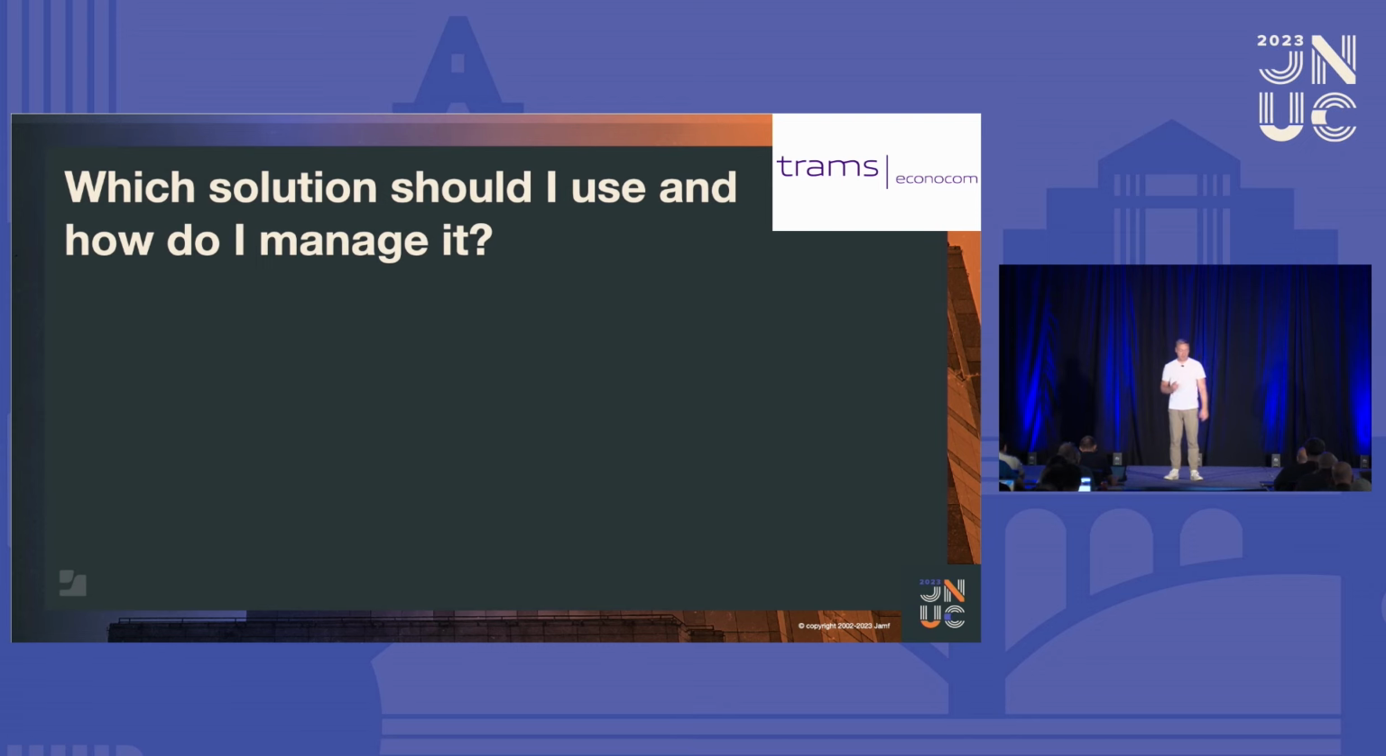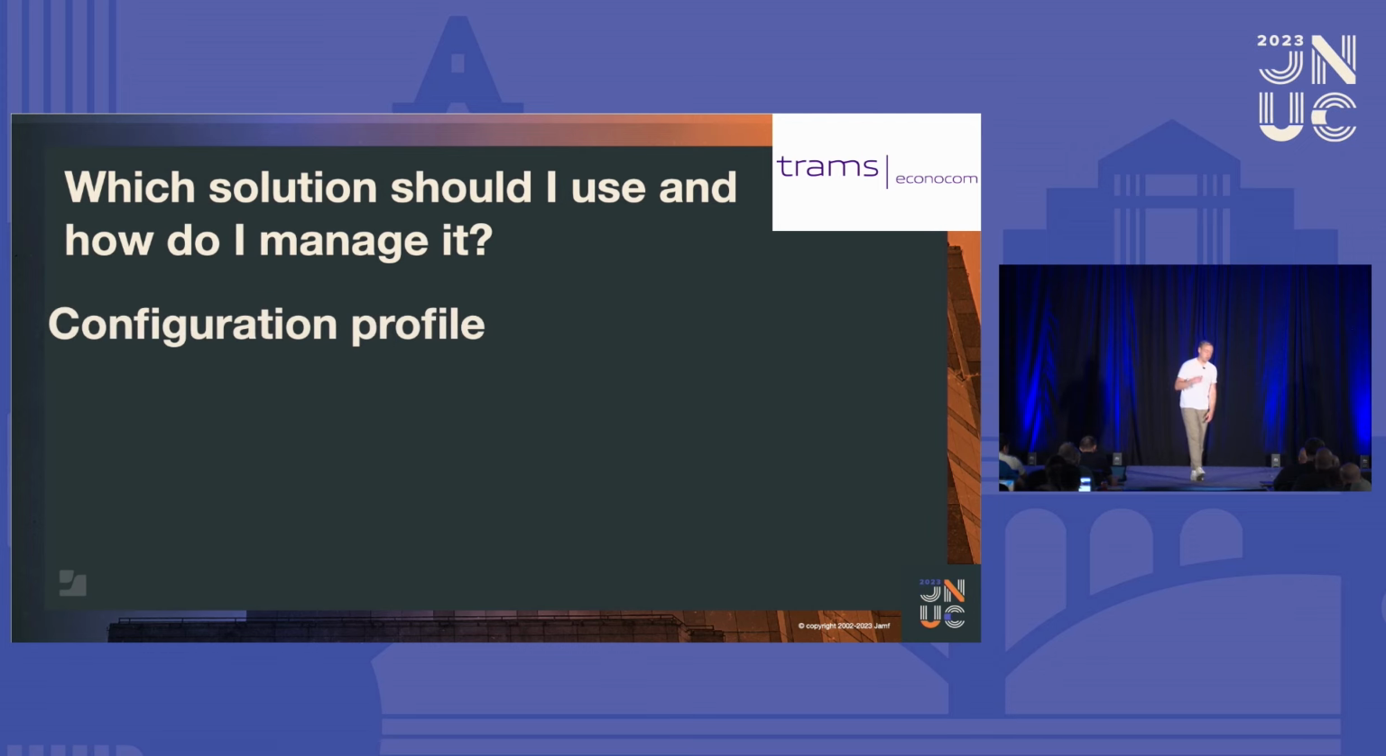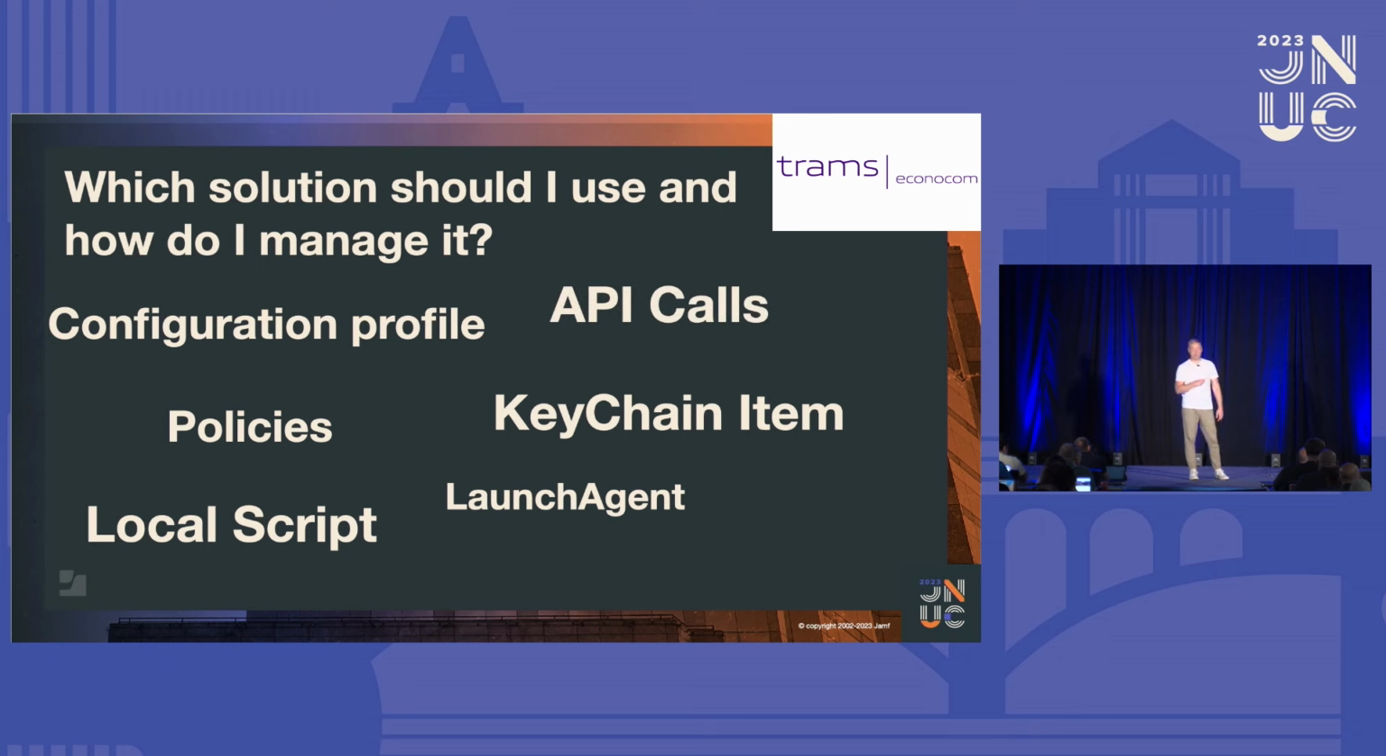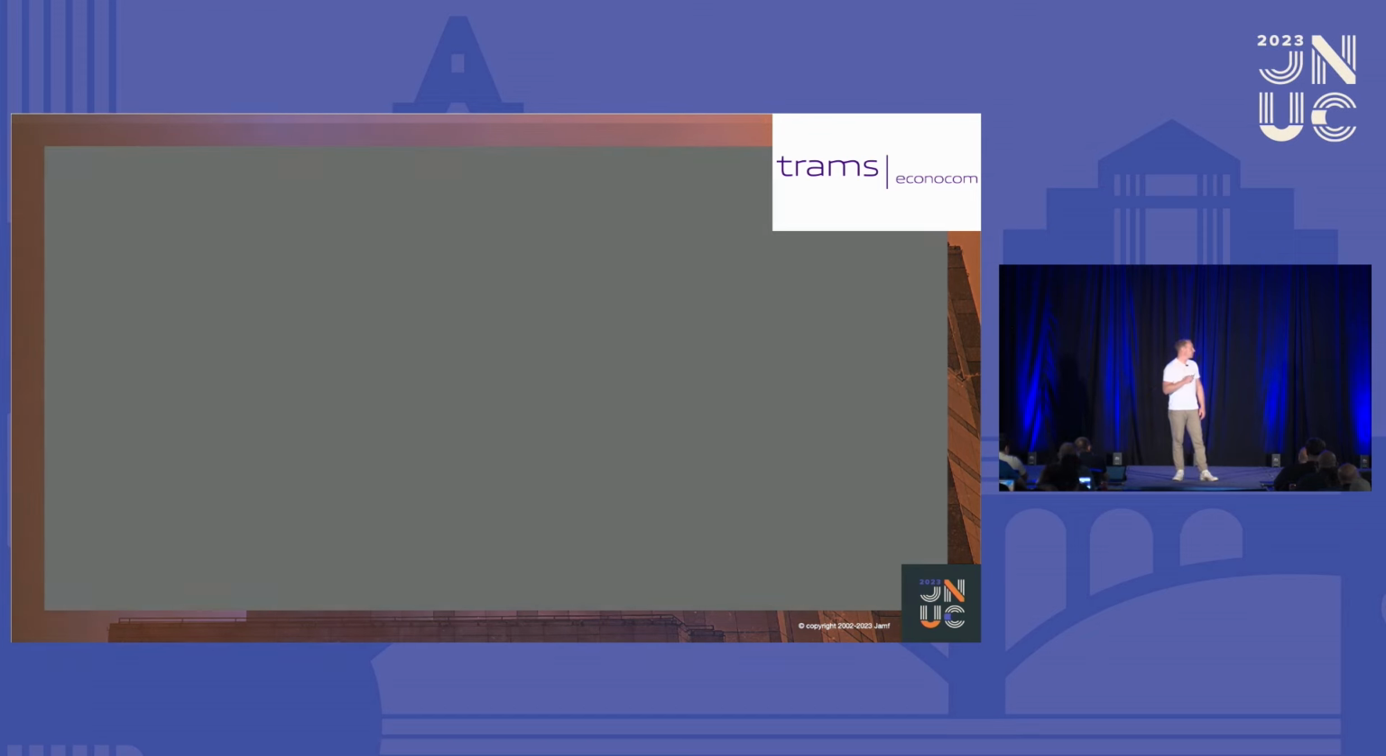So it got me thinking, what could I do? What method of management do I want to go down? So it hit me: config profiles, launch agents, keychain items, local scripts, policies, API calls, the list just went on. There are so many different ways to do this. And then I'm getting some ideas together, and before I ended up deciding what to go ahead with,